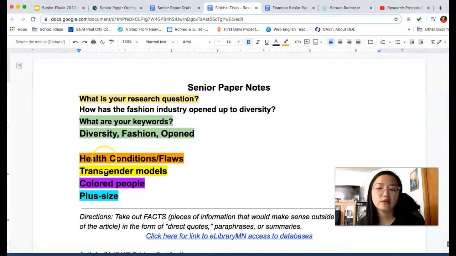So for example, some of his articles, the Orange Facts, talk about models who are amputees, like they've lost their leg or they've lost their hand, or they have flaws like their skin is pigmented differently. And so that's one of his topics. He also has a yellow category where he's highlighted all the yellow facts about transgender models and how the model in fashion industry needs to open up